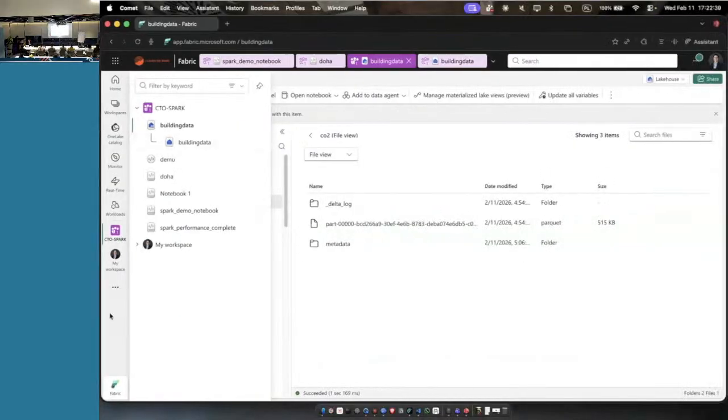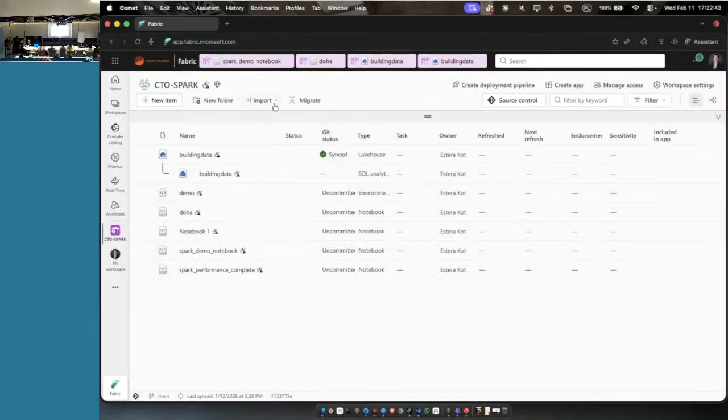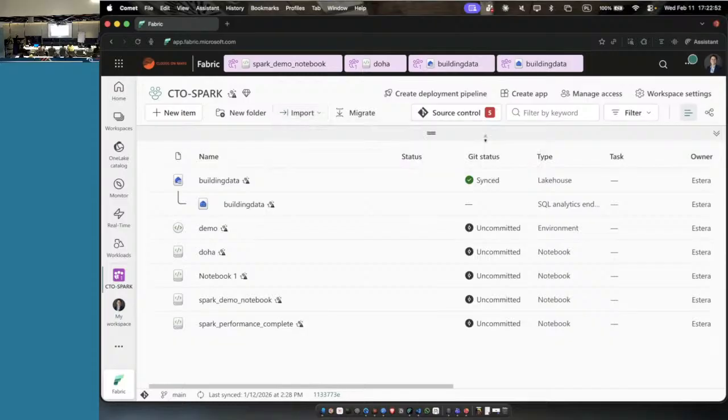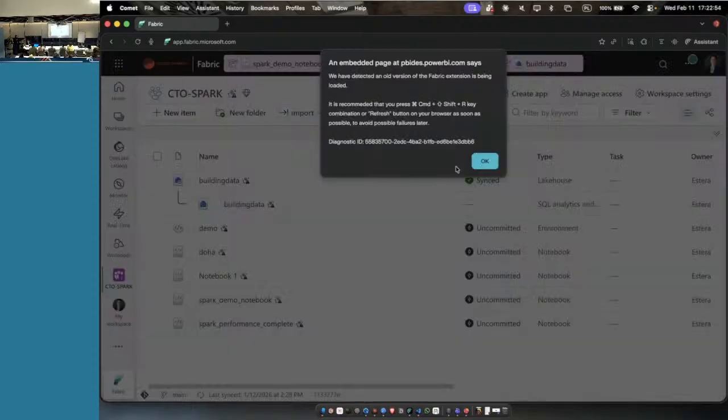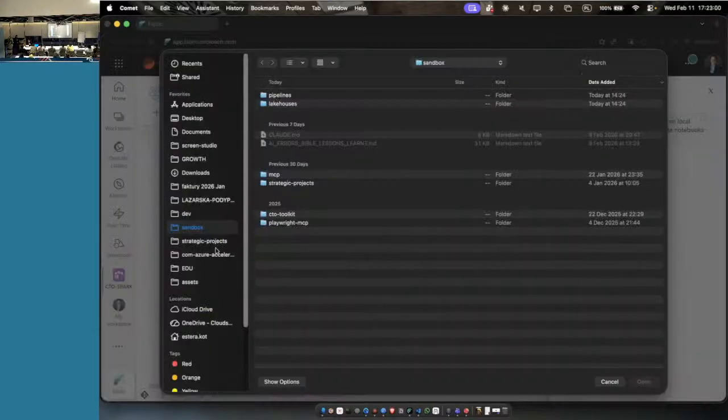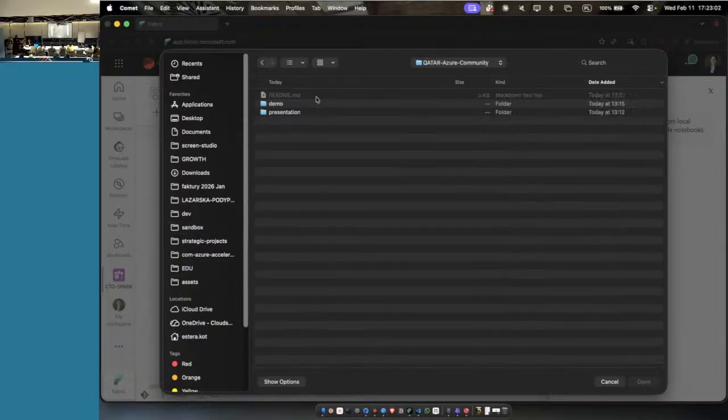Let's go to Data Engineering Spark. Here, import notebook, but take a look. You can import paginated reports here, just a notebook. And now the biggest challenge. Where is it? Educator community, demo.